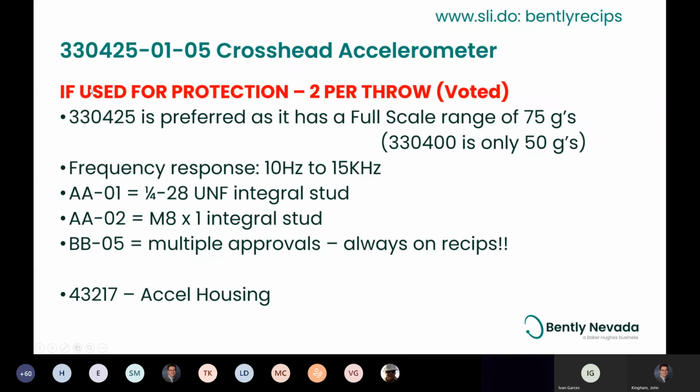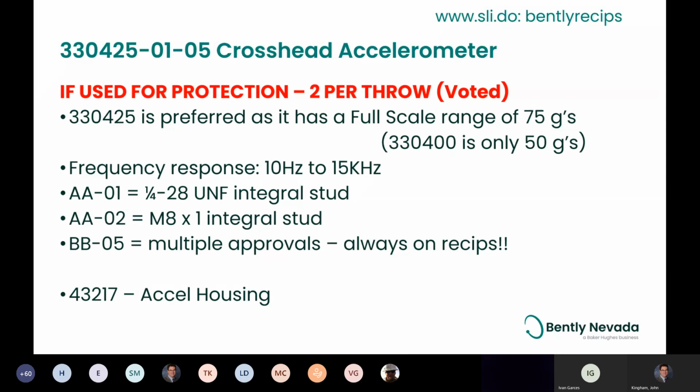One of the other caveats is, if you're going to use crosshead accels for protection, we recommend putting 2 on per throw and voting them. These accels have a frequency response of 10 hertz to 15 kilohertz, and if you use a -01, it'll come with a quarter 28 integral stud. If you're international, you probably use an 02, which is a metric 8x1 integral stud. And you always want to have an 05 on the end for multiple approvals,